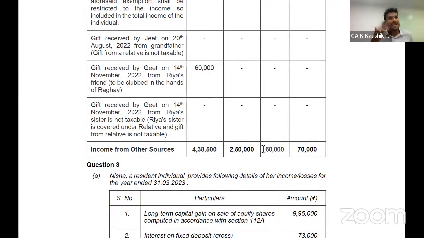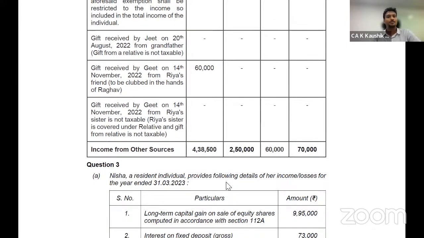Now that we are interacting and doing a lot of things, the time that we have taken is also equivalent to the time that you write and solve. So that compensates the time of discussion and explanation with the time that you are required to write in the examination. Let's move to the next question.